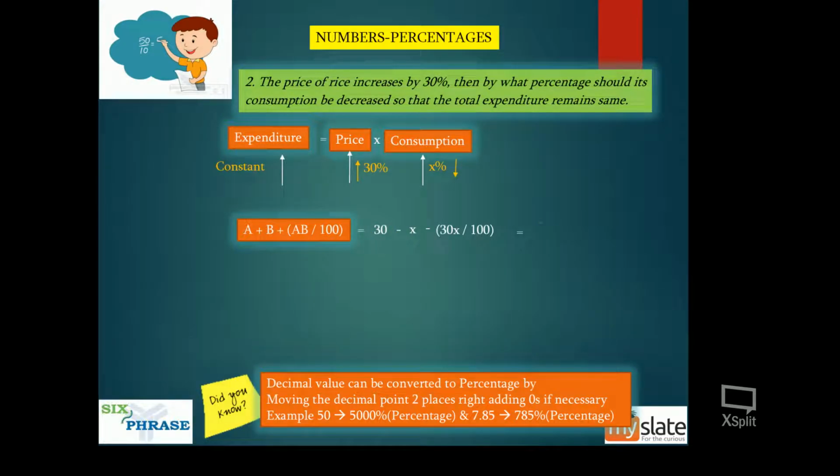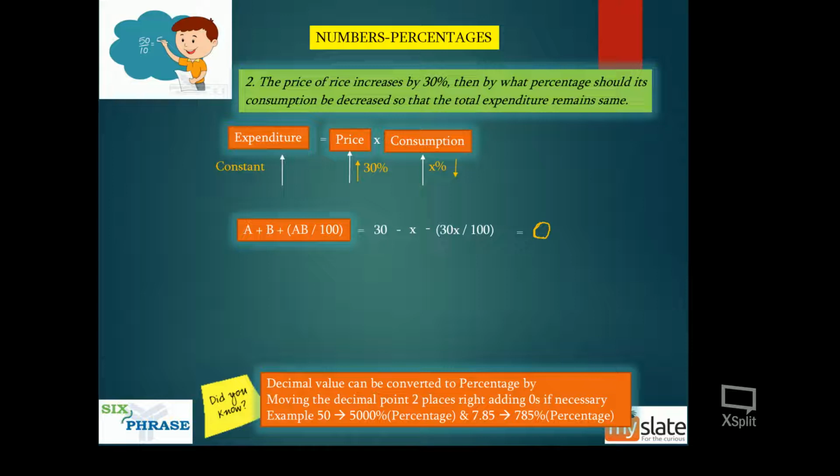This must be equal to what? Zero, right guys? Yes, because this final outcome is zero, because expenditure remains constant. By applying these 2%, you are not getting any change. There is no minus 1, there is no change there. So this total formula will give you an answer of 0.